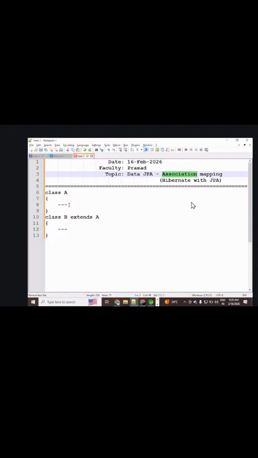There is an annotation called one-to-one mapping. We can discuss later, don't worry. For your basic understanding, I am sharing such knowledge. Okay, one-to-one. Next,